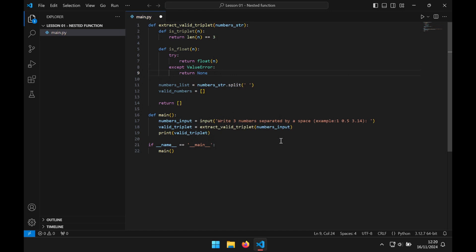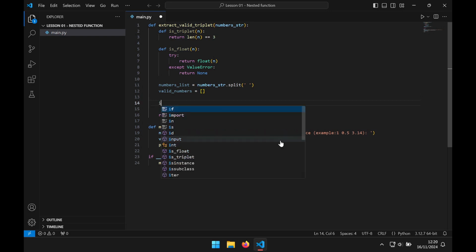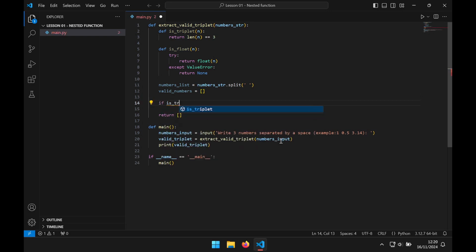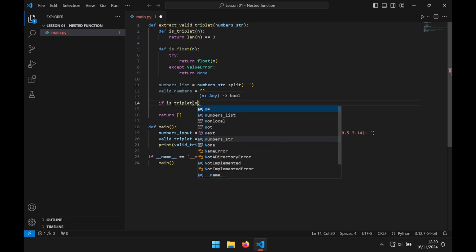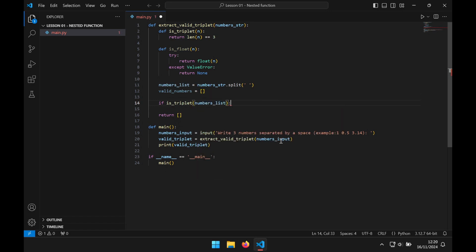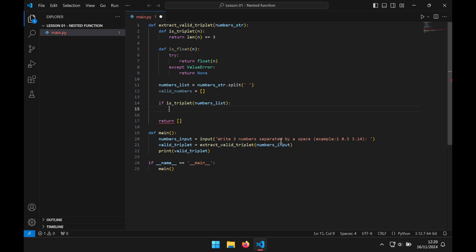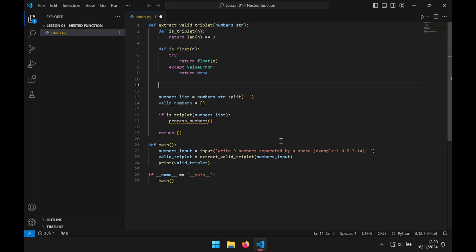And then let's create an if statement. If is_triplet(numbers_list): and let's create a new function process_numbers. Let's create it. Def process_numbers():